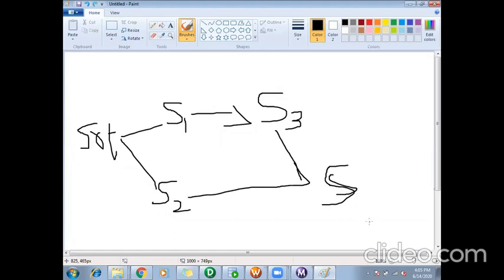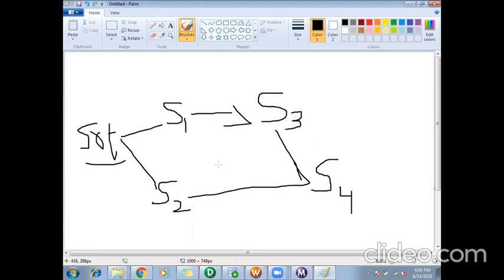If this is the dependency order in which I want to run my workflow, then as soon as my workflow starts, S1 and S2 should run in parallel because they are not dependent. S3 should start only when S1 is completed, and S4 should start only when S3 and S2 are completed.